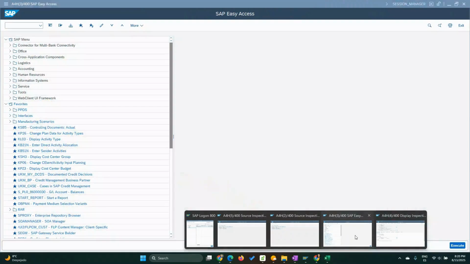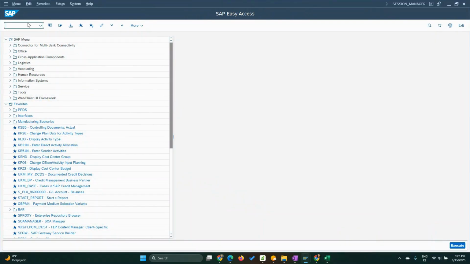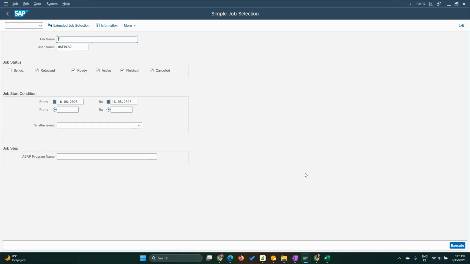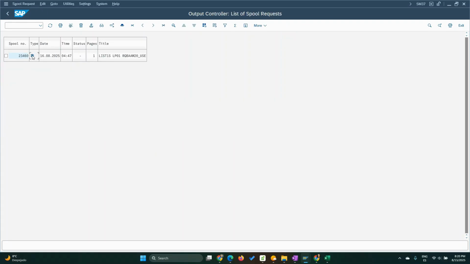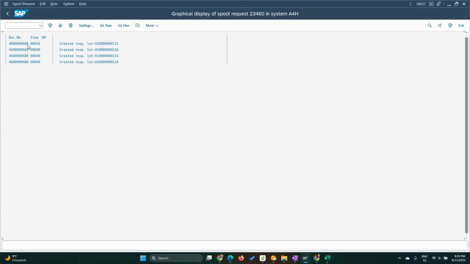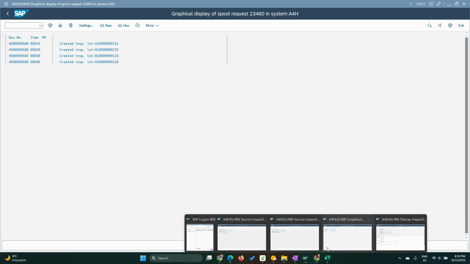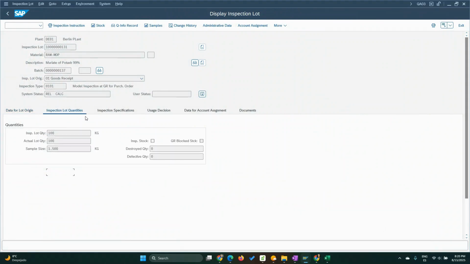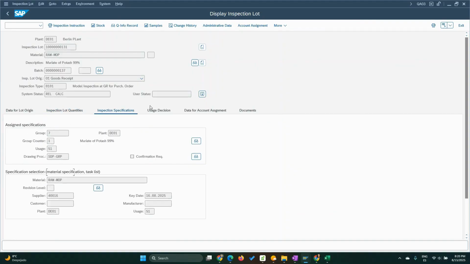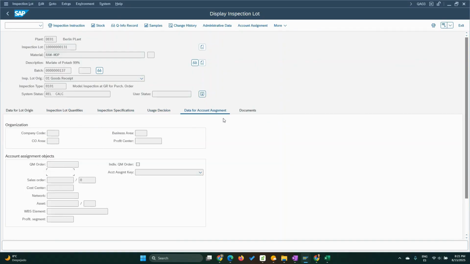SM37, or maybe I close it. Oh no, I'm inside that, I think. Okay, let me do it. I don't want to leave the other one here. Okay, so when we check the spool, see, this is the PO 588, and this is the one we just opened in this inspection lot, which is this 31 here. Okay, so as usual,